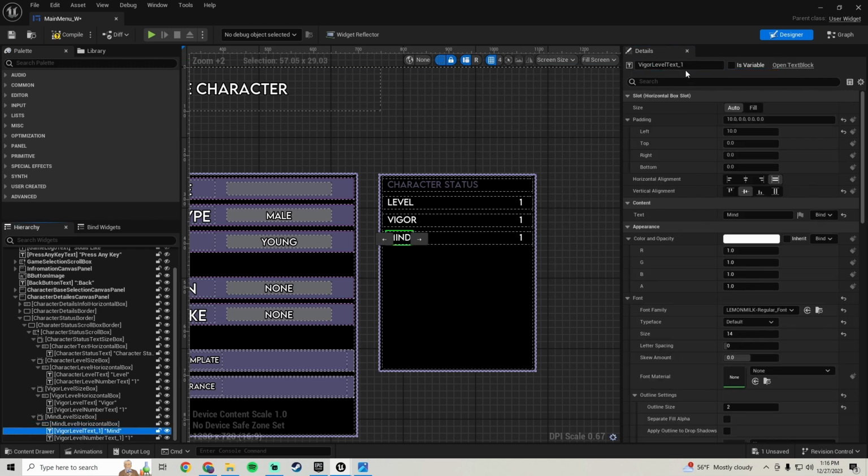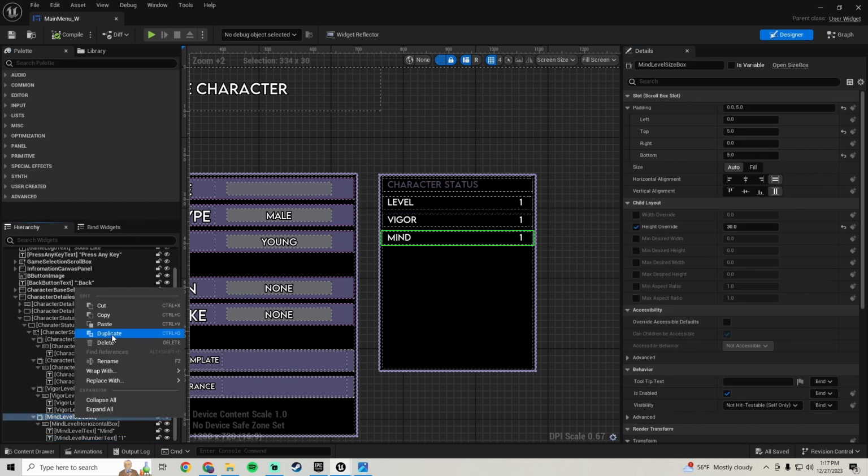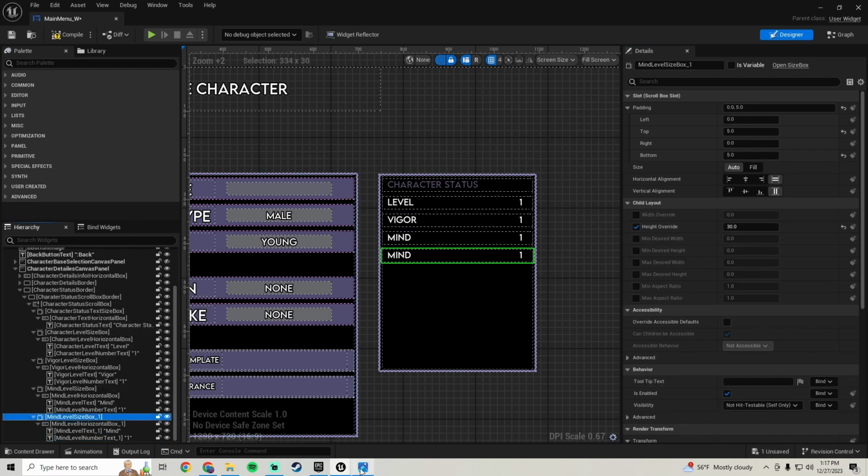We're gonna go to our text here and make that say mind. And then our next text, we're gonna make that one say mind. Compile and save. We're gonna go back up to the size box, duplicate it, and we want our next one